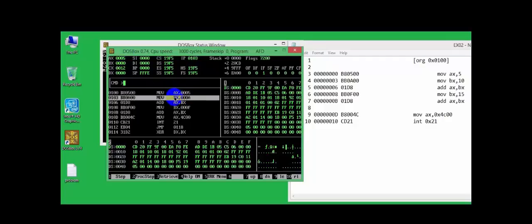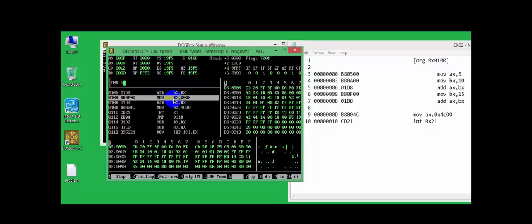Also in hexadecimal 10 is A, and the BX value is also changed by pressing F2. And then when we add this, the value is stored in AX, because whatever is on the left side gets the value of the answer.